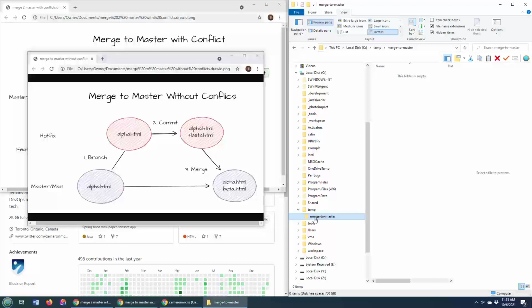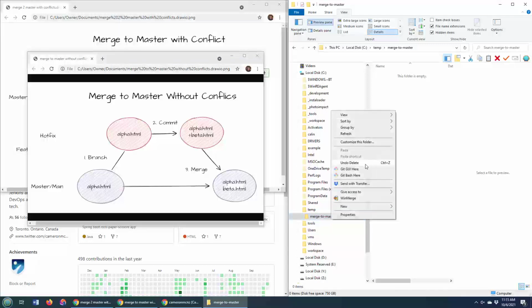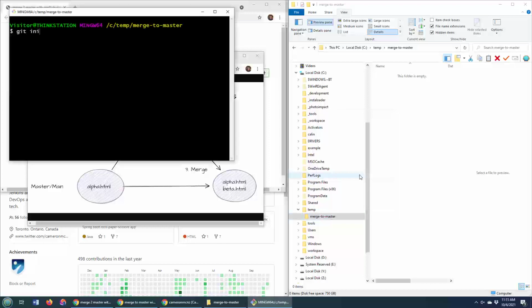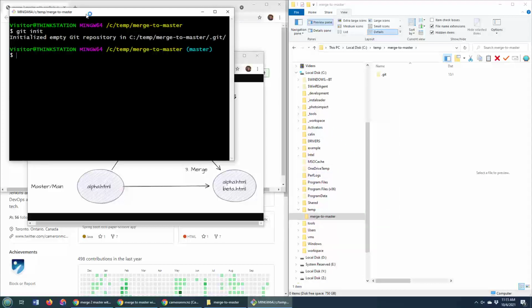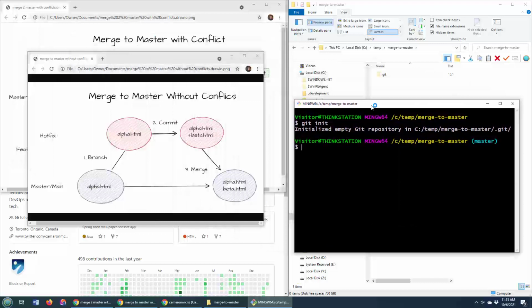As you can see, I've got a folder called Merge to Master here, and I'm going to create a new Git repository in here so that you know I'm not up to any funny business as I do this exercise. So I've created a new Git repository. I've only got a master branch to start off with,